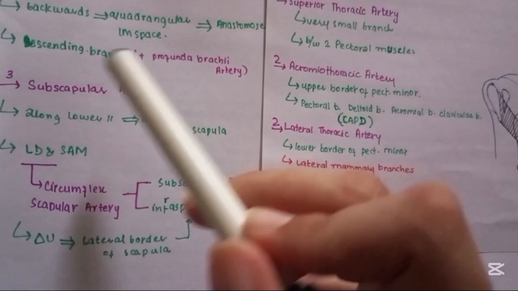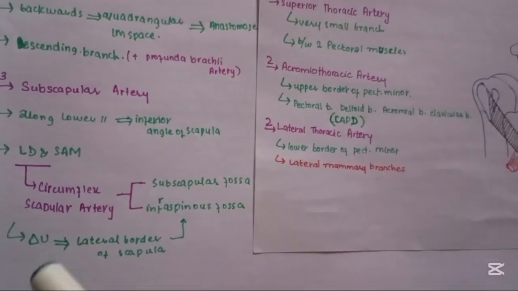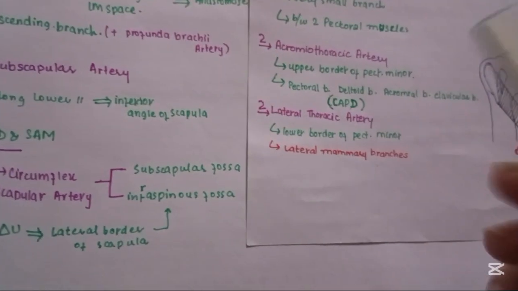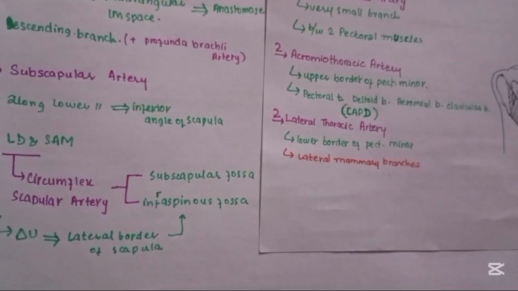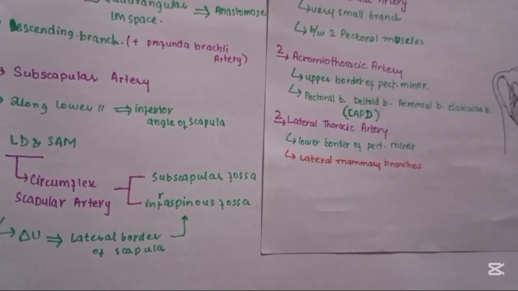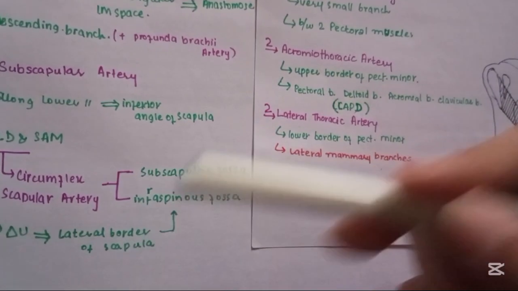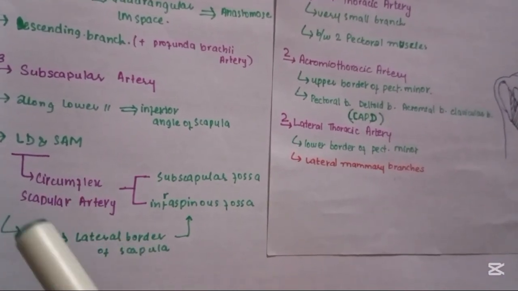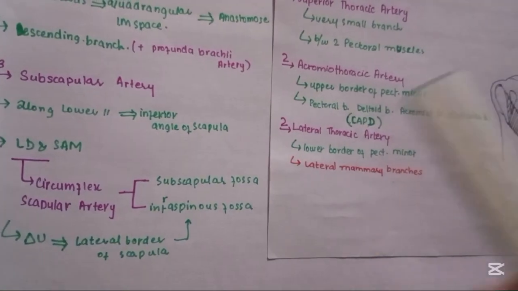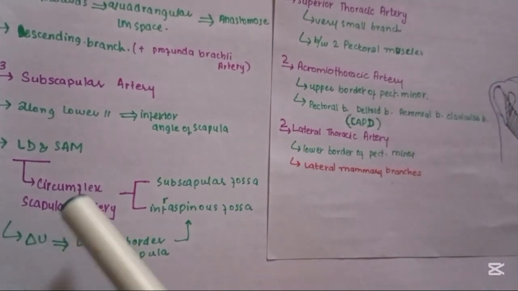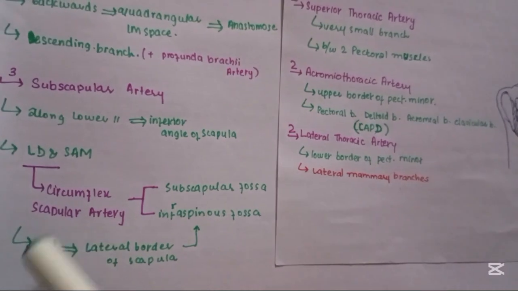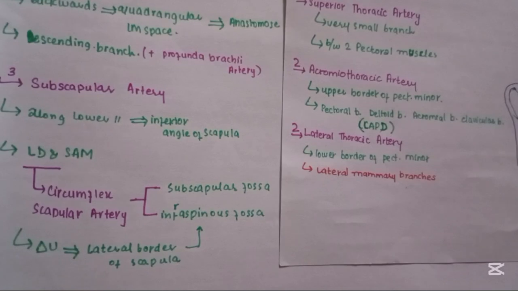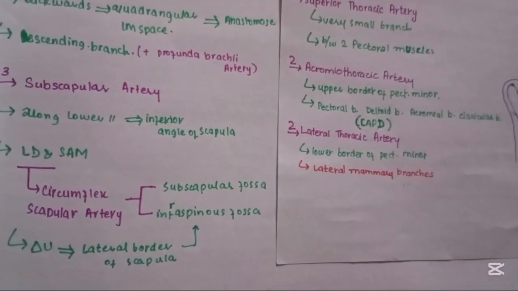And a very beautiful point about the subscapular artery is its branch. You have already learned about it when you have studied scapula. You know that there is an artery that passes between the two slips of teres minor muscle along the lateral border of scapula. So that artery is actually your circumflex scapular artery, that is actually a branch of subscapular artery. It actually first passes from the upper triangular space and then along the lateral border of scapula, and finally it gives two branches, one to the subscapular fossa and other to the infraspinous fossa.